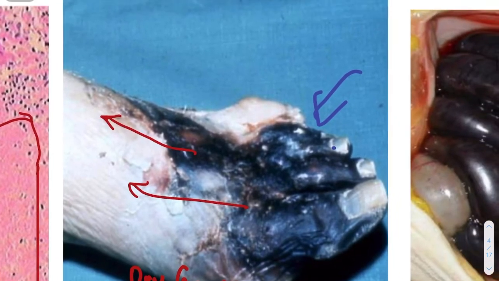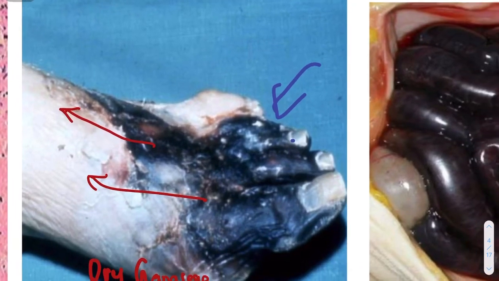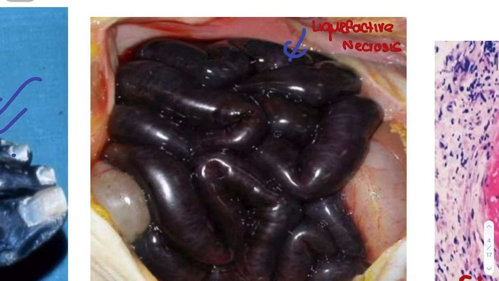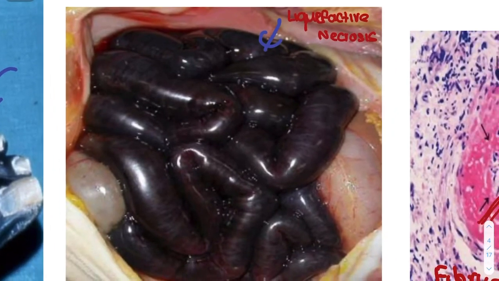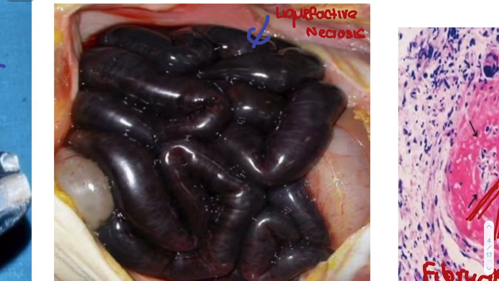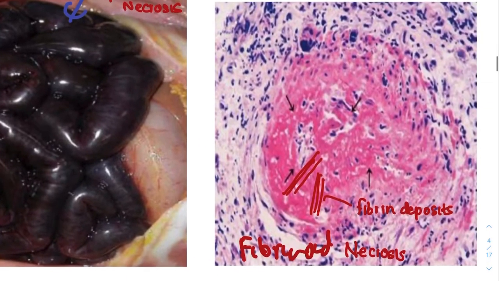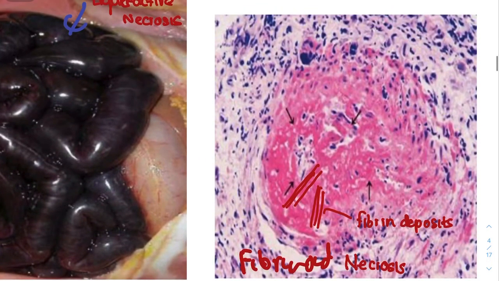And this is gangrene. Gangrene can spread upwards, which is why you need to amputate the limb before it does. This is wet gangrene. You can see the black color of the small intestine. It has swollen. And this is fibrinoid necrosis. You can see fibrin has deposited. The eosinophilic